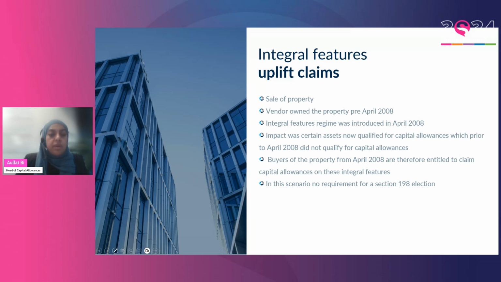So this is quite a nice way for you to sometimes have a sense check of what's happening on the transaction with the client and advise them that there could be some capital allowances they can claim post completion. And you will have the information to hand. You will know when the vendors acquired the property. So I think it's worth making sure that you're aware of the two different types of claim, the vendor pooling and also the integral features.